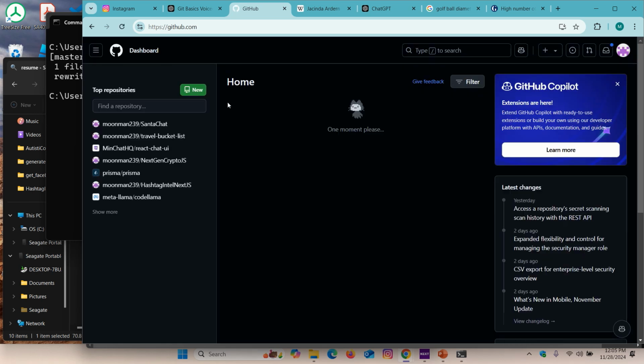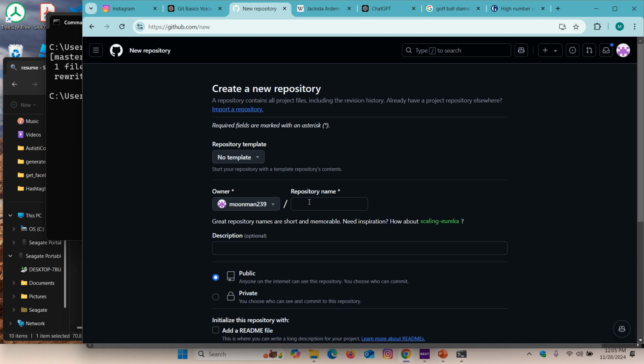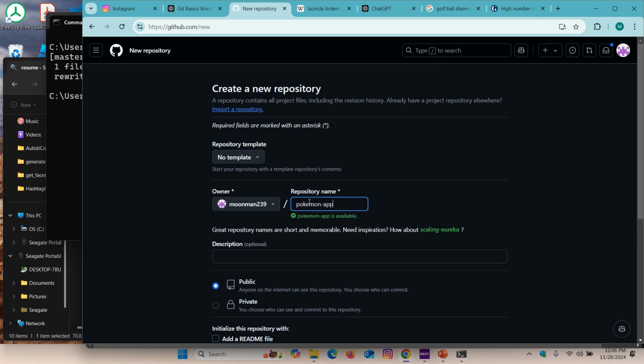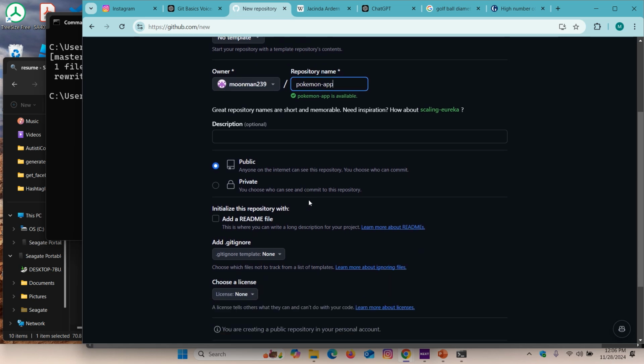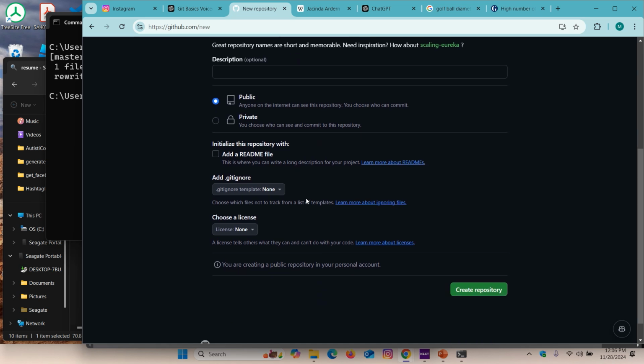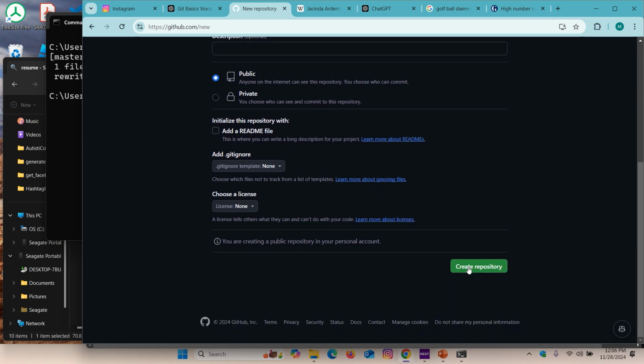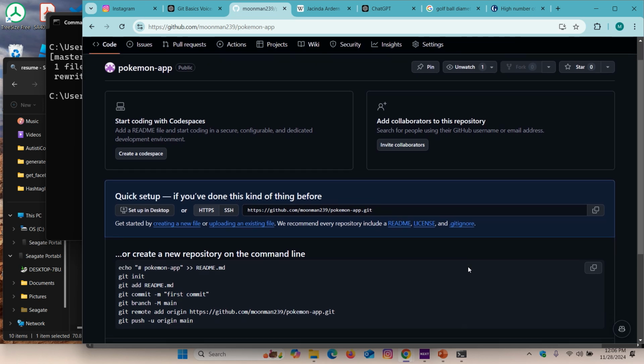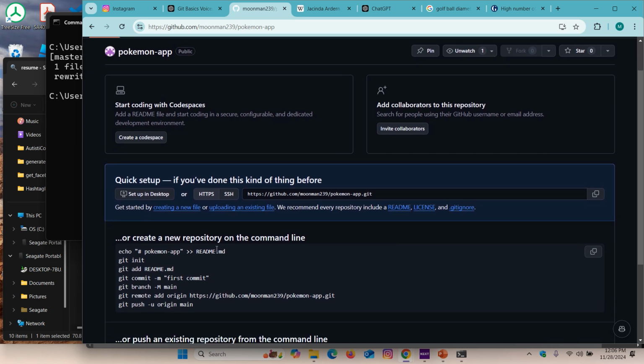and then we're going to go over here to New, and type out a repository name, so Pokemon app. That's going to be mine, and then you can choose a public or private repository, and then we're going to create the repository down here with this link,